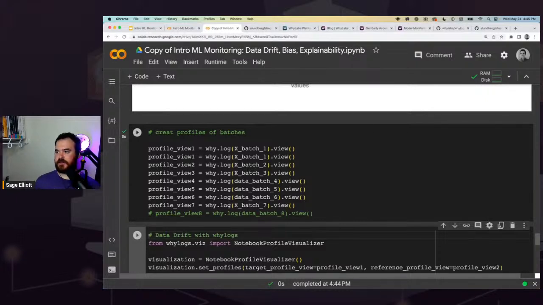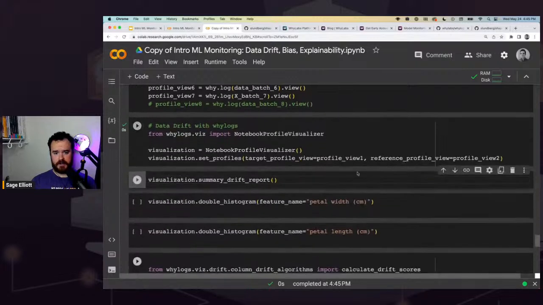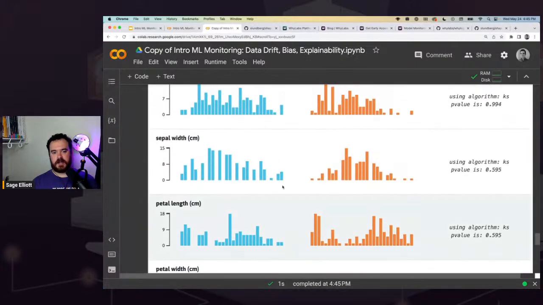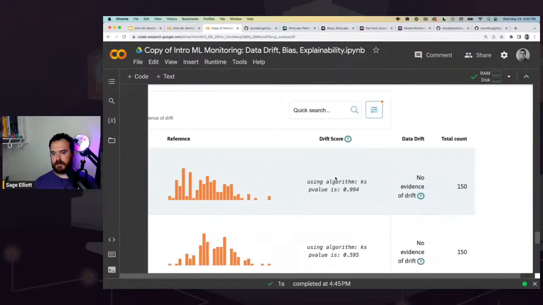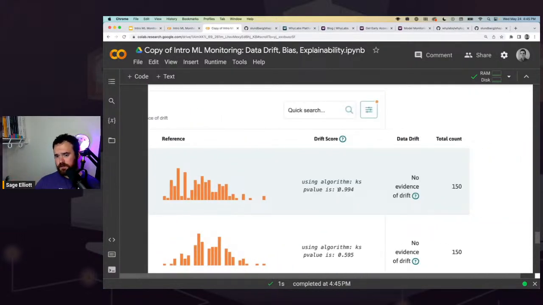Now we're going to look at a couple other features that you can do directly with YLogs. One is detecting data drift with YLogs directly in your environment here. And here we're going to get a nice little visualization, so we can get an idea of what the distribution of our data might look like. If you scroll over, or I have to scroll because I'm zoomed in, we have some other data around our profiles here. Again, these are broken up by columns, like we've been seeing so far in YLabs as well. So we can see that by default, YLogs uses the KS test algorithm for drift measurement.